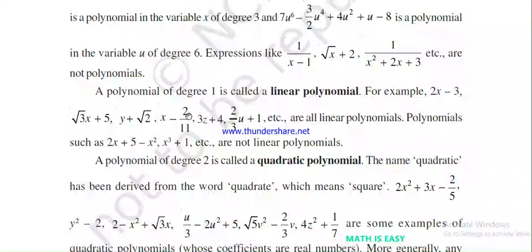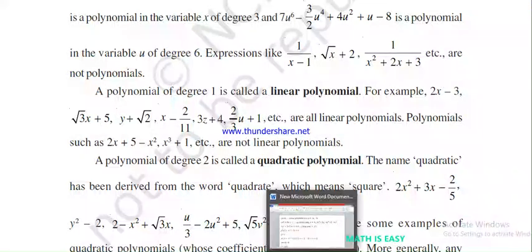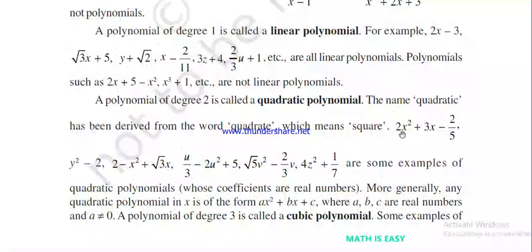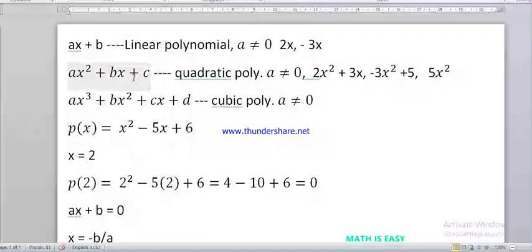Here I have x minus 2 upon 11. Here the constant term is a fraction, but the power of x is 1, which is a whole number, so hence I can say it is a polynomial. A quadratic polynomial means a polynomial with highest power 2. Like you have the general form of the different polynomials, like linear polynomial, here I have ax plus b. I call it a linear polynomial because the highest power of x is 1.